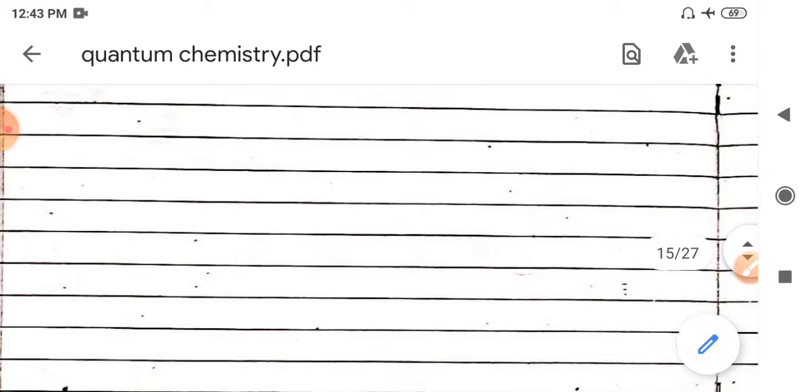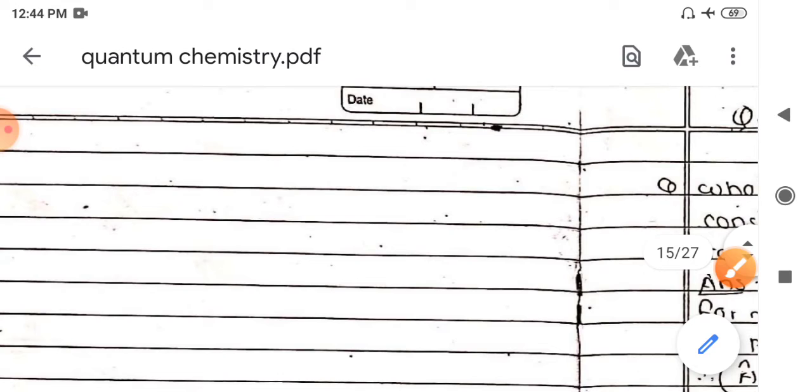So welcome back. In this quantum chemistry, first we will try to see the rigid rotor. So what do you mean by rigid rotor? A rigid rotor is a rotating body having a fixed bond length. Suppose one atom is there, another atom is there, and they are rotating about a certain axis, and they have a fixed bond length. That type of system we can simply call the rigid rotor.